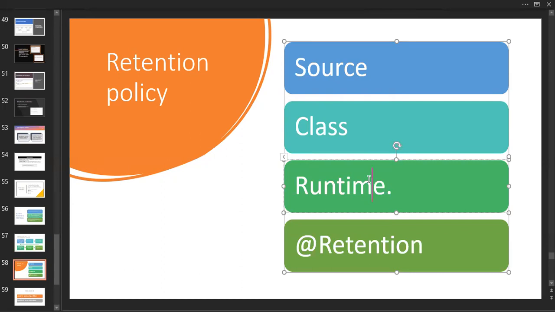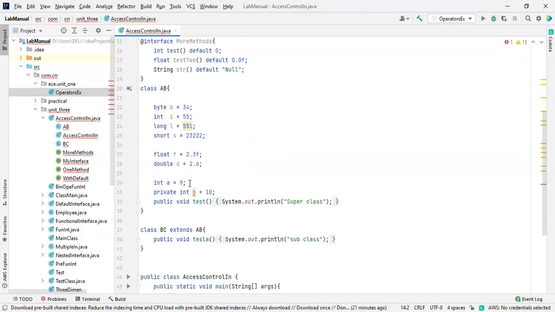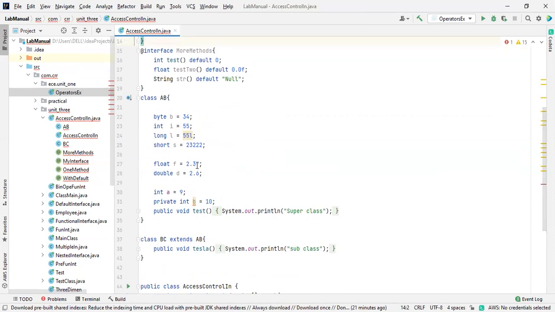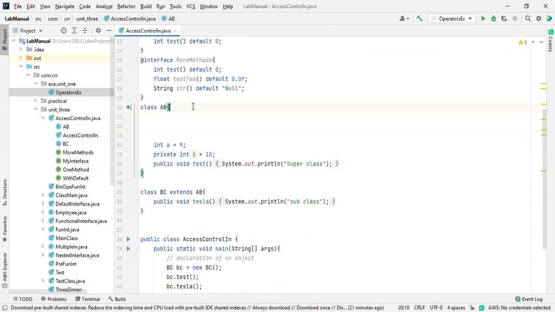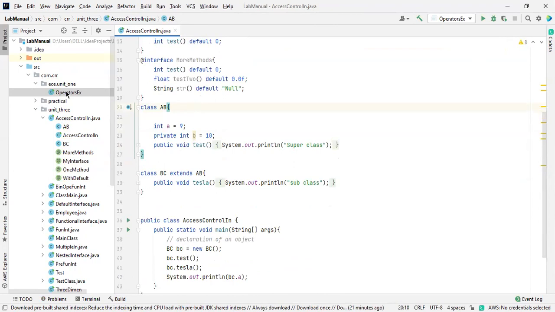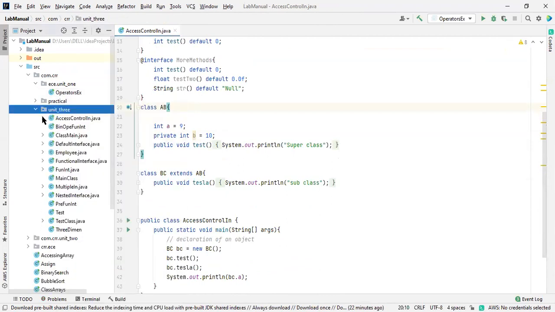Do I need to mention anything? Example? Yeah, okay. I'm going to take an example for that. Everything is showing error because of all these things. Yes, let me do that. We need to prepare a document for us at the end of the unit, right? So I will go for one more example for your understanding purpose.